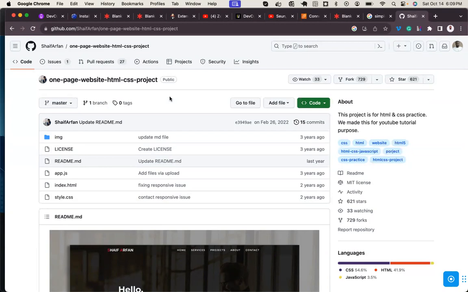All you need to do is just to use your head. Once you are exposed to Bitbucket, all right? If you open Bitbucket, similar thing, guys. The same concept. They have the same concept: code, issues, pull requests, actions, projects, same thing, all right?